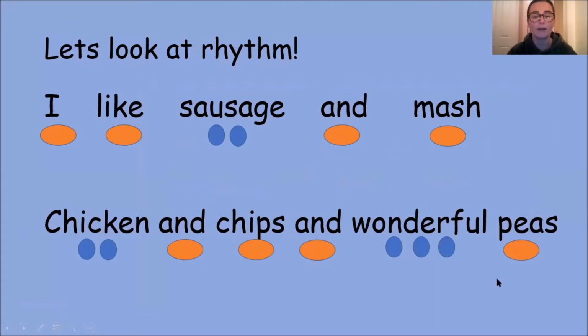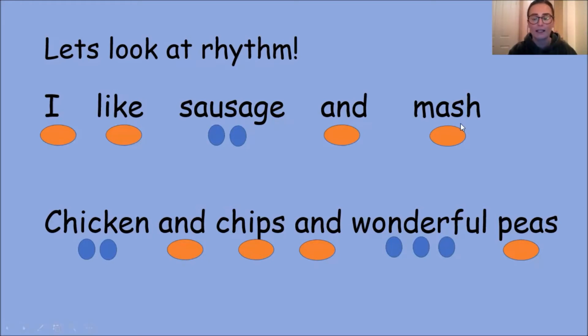But this time not only have I used some words that we can say out loud to help us clap the rhythm, but I've also used different circles. You can see here we've got an oval orange shape, and then some circular shapes, but we've got two. So these are the long sounds, the sounds that have only got one syllable, like "I like". But then "sausage", we've got two syllables, so we've got to break that sound up so it's two short sounds together. Sausage. So they're quite short sounds.